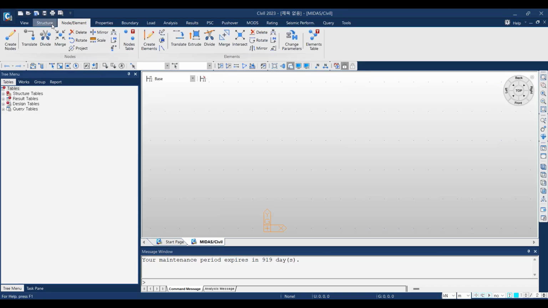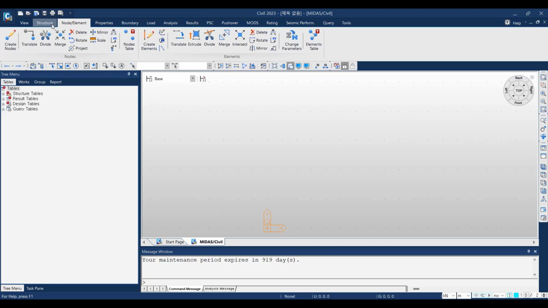So as I specified before, we are going to use the node element method to model the culvert. First of all, we can define the material we are going to use, then we can go to the geometrical modeling. To specify the material, you need to go to property and then material property. Then you can define the material, section and the thickness. So we are going to start by material. Then we are going to click on add, and we have different materials. We are going to use concrete,